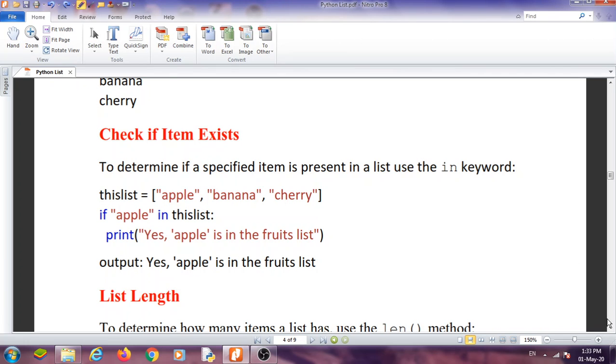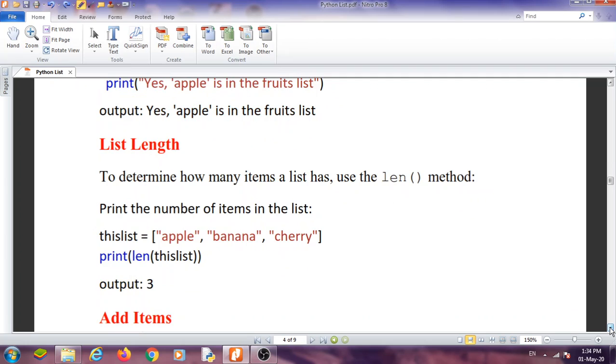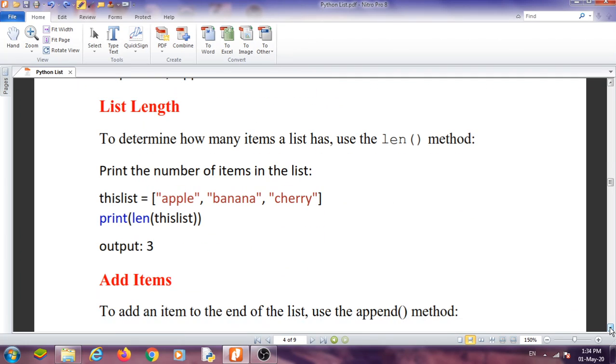Now, list length. These are some inbuilt functions. How can we find the length of a list? We have already learned the length of a string. To determine how many items are in a list, the len function, the len method, will be used, similar to string.